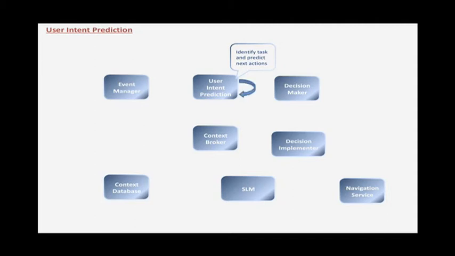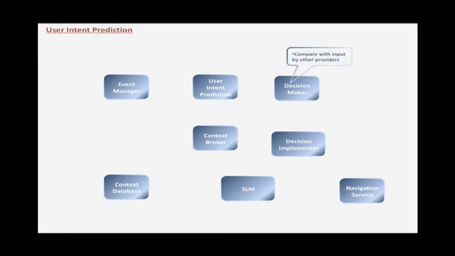Once the next action is identified, the user's current context is checked against the model to ensure that it is an appropriate situation to implement the action. For example, it's undesirable to implement the action unlock car unless the user is beside the car. Once the context situation is correct, the action is forwarded to the decision maker,